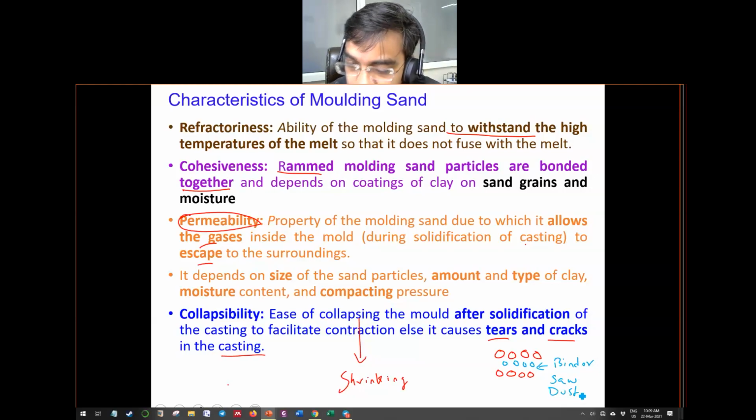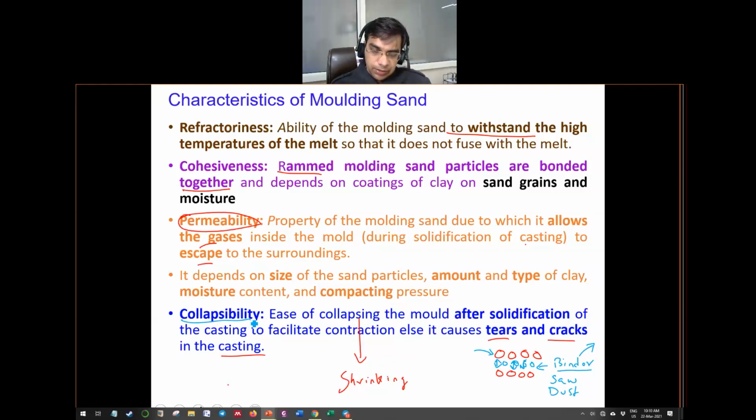This sawdust has a very low melting point, or it burns very quickly. So what will happen when you pour the molten metal in the sand mold? Because of high temperature, the binder will get burned off. So this will get removed because of getting burned off, and these sand particles will then shrink as the binder in between them is removed by burning. This shrinking property of the sand is known as the collapsibility, and this collapsibility basically facilitates the contraction,